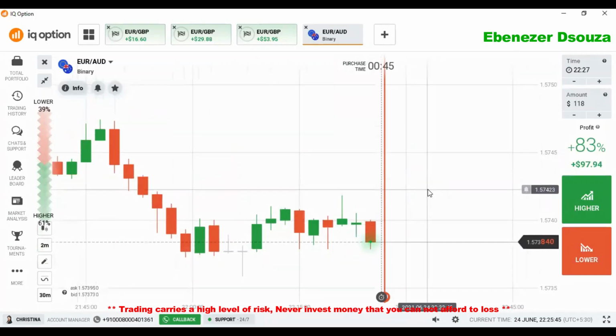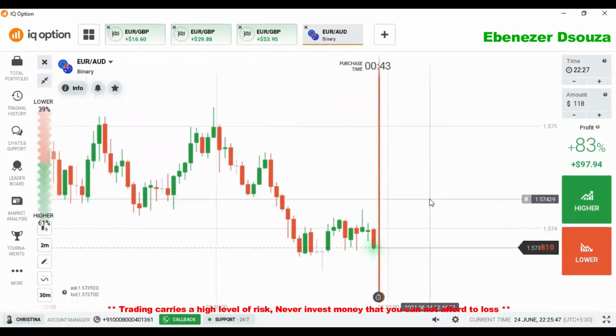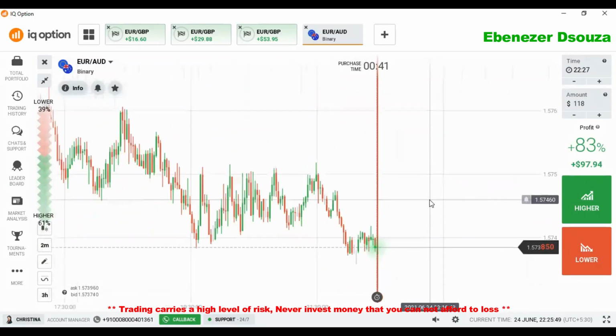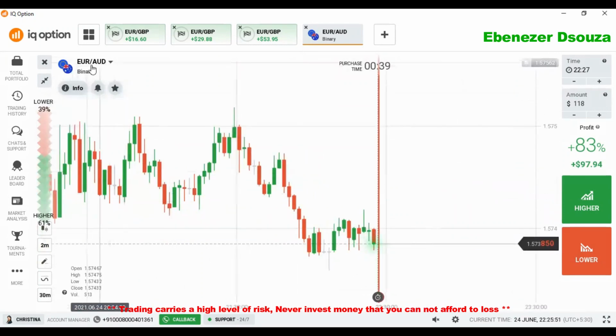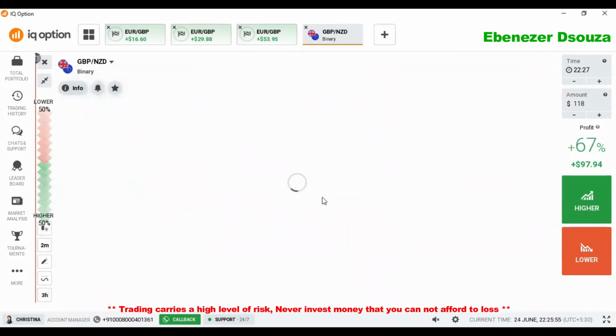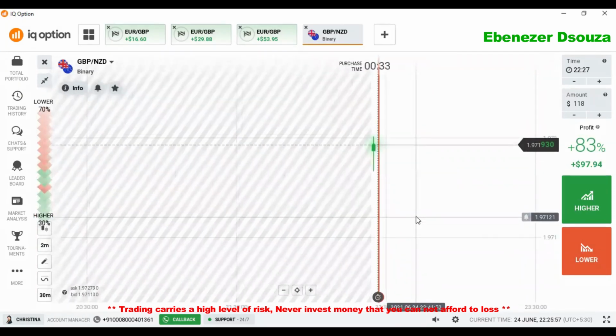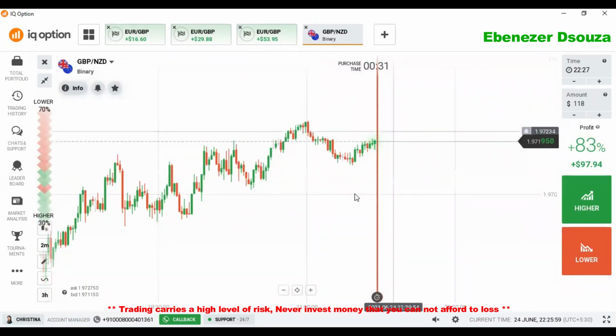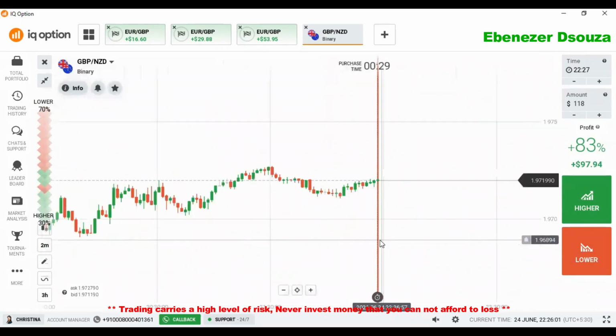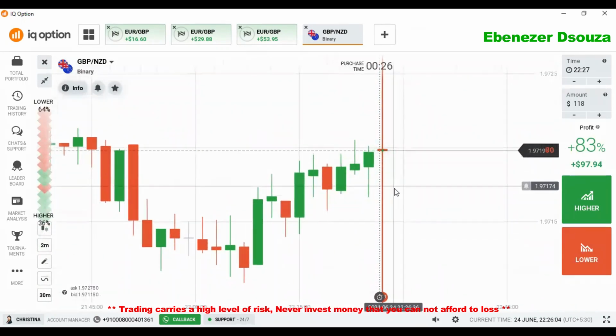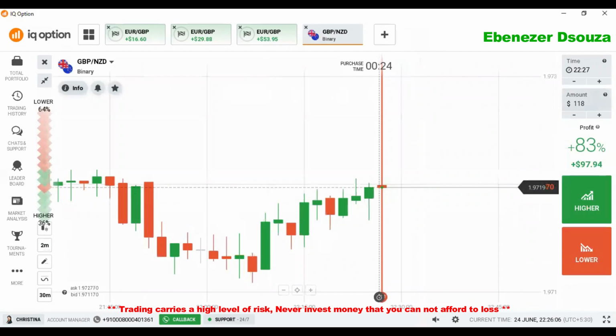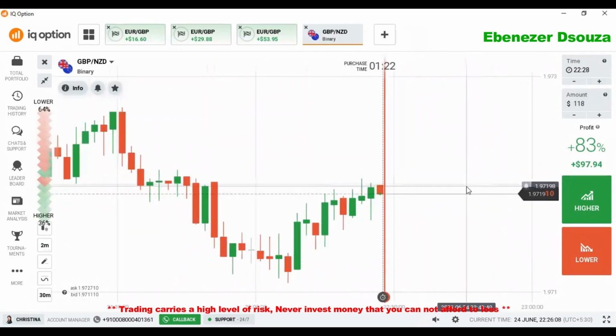Here as well we are seeing the same situation. Okay, ranging market. So the trend is uptrend here. You can see an uptrend, the minor trend as well an uptrend. So in this uptrend